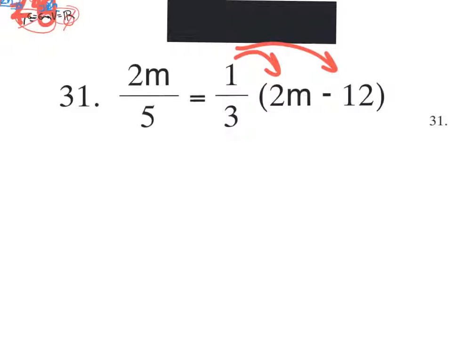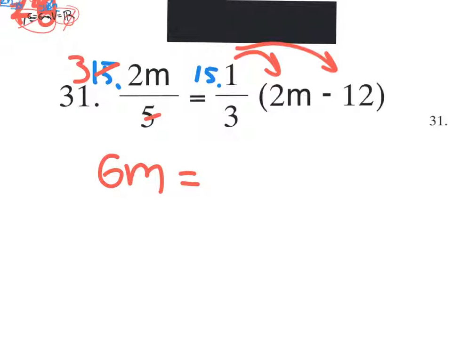Multiply everything by the LCD. What is the LCD? 15. So if I wanted to, I could put a times 15 right here and a times 15 over here. And you could cancel the 15 on top with the 5 on the bottom, and you'll have a 3 left over up on top. So 3 times 2 is 6m